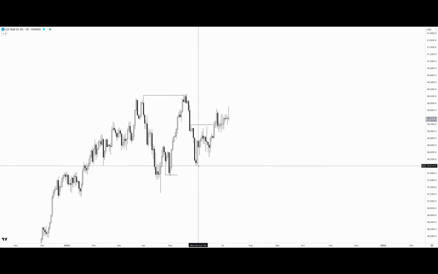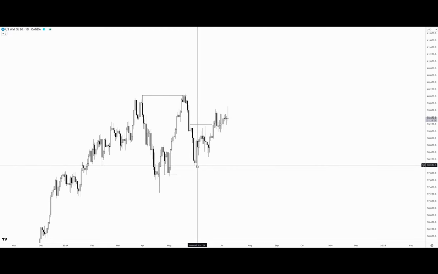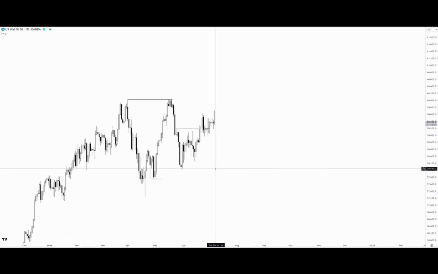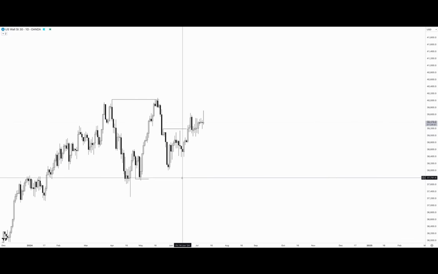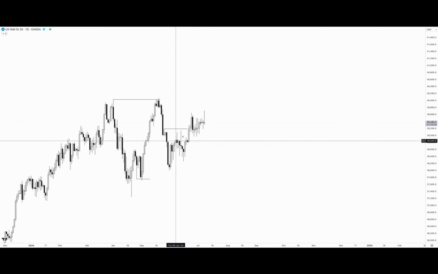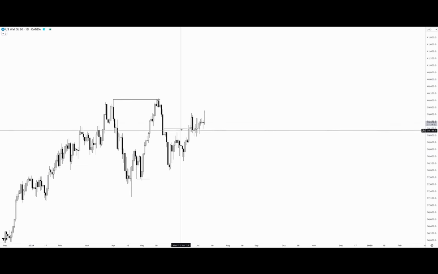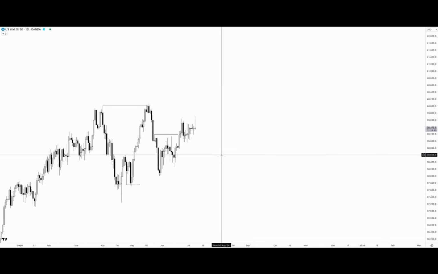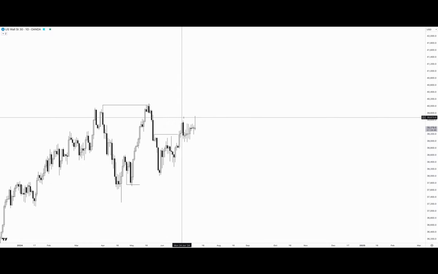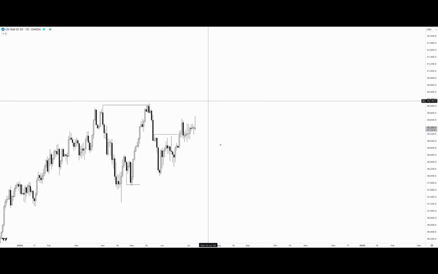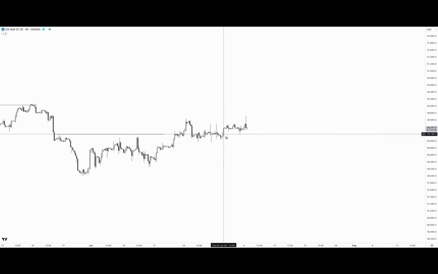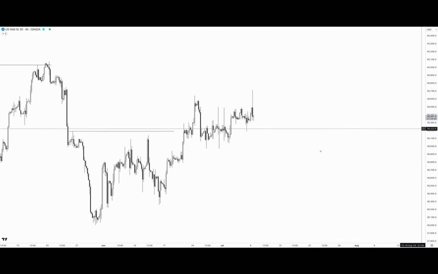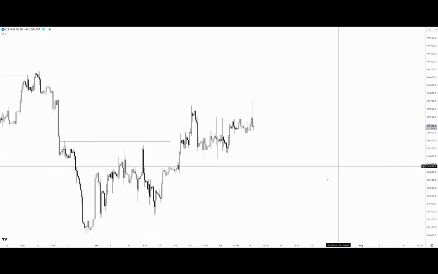Now, does it mean we can start longing from here? Well, we have to see where liquidity is first, right? So we can't just blindly start taking longs because it's a liquidity block. Anyways, the market starts moving to the upside, ends up taking out this high over here too, and comes into this area over here, and then has this bearish candle. So the daily isn't really telling me too much here. This is where you go down to the 4-hour, and what I saw in the 4-hour time frame